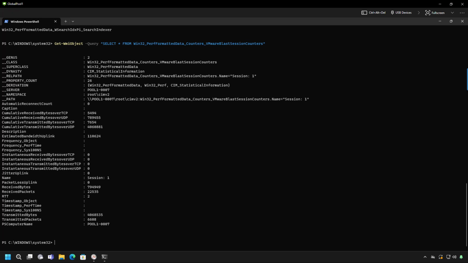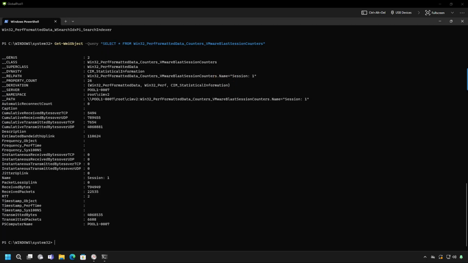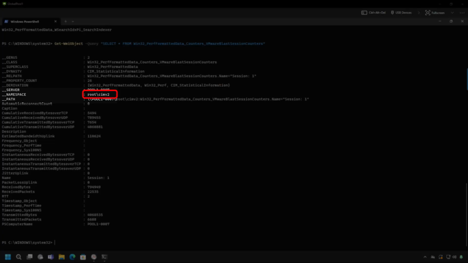As you can see here, it does export a few things. We're going to take note of a few things because we're going to need these to build a SQL query. Now it should look something like this when it finishes. If you look, you'll see real path. From here, we're going to grab one section, and then if you look at namespace, this is where you're going to get